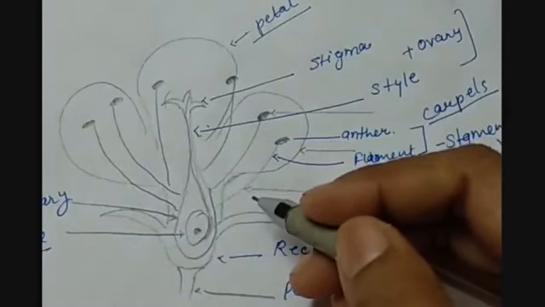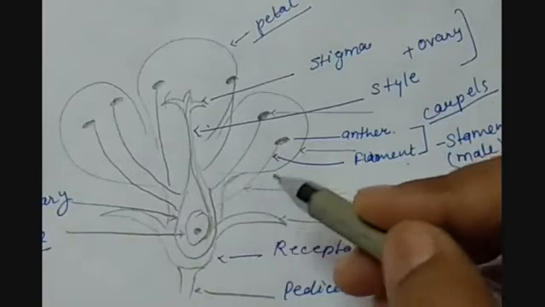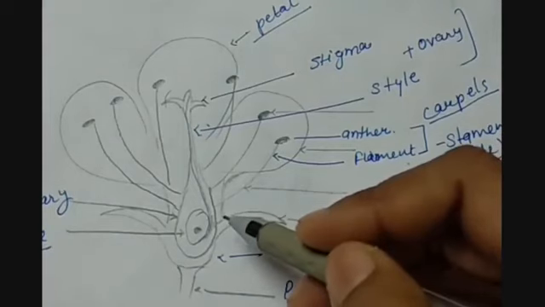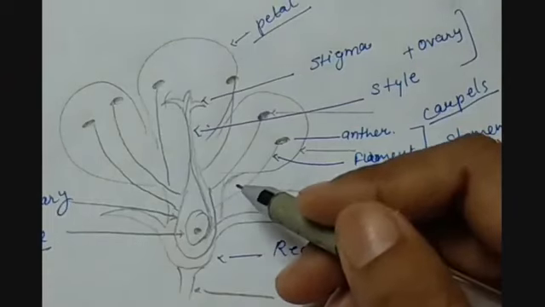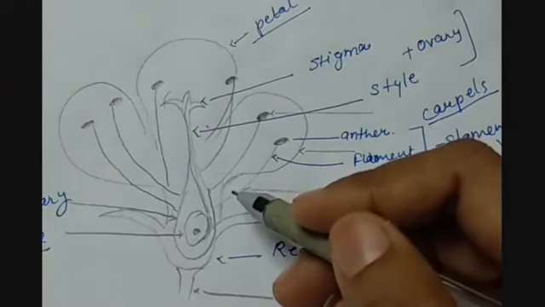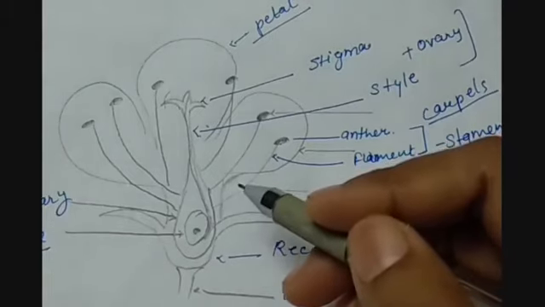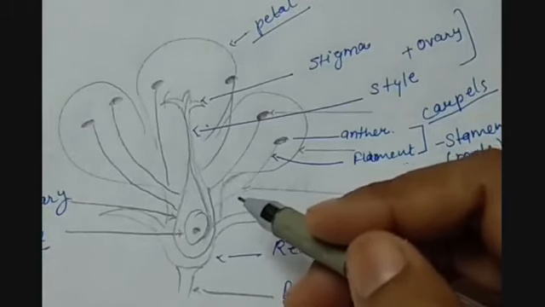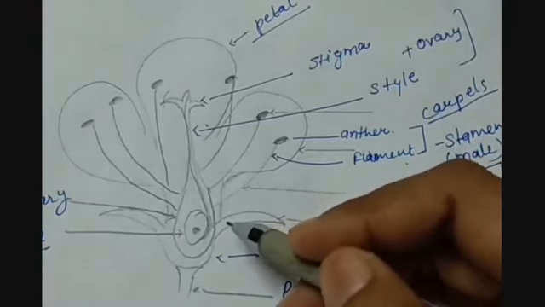So inside the flower there are possibilities that the male sex organ and the female sex organ are both present in a single flower. Then that flower will be called bisexual, which is having both the sex organs in it. If a flower is having either one of them, either the male sex organ or the female sex organ, then it will be called unisexual, having one sex organ in it.